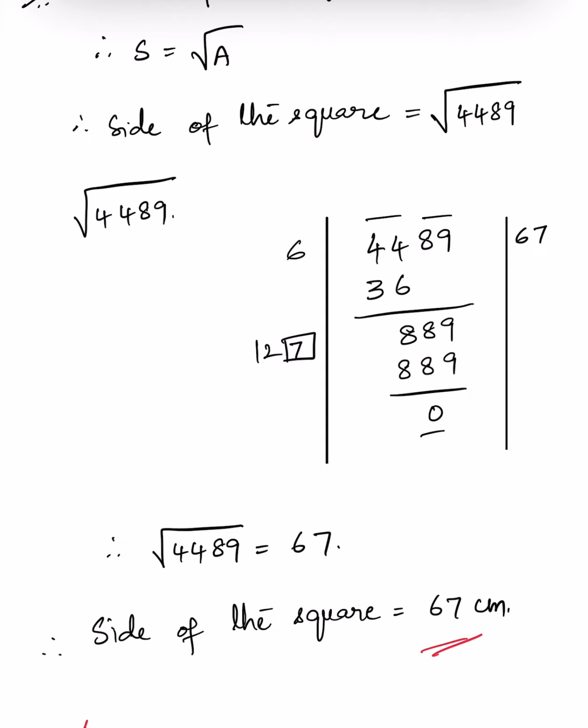On 8 9 we keep one bar. On 4 4 we keep another bar. 6 6s are 36. So remainder is 8. We bring this 8 9 down. 6 plus 6 is 12. So 127 into 7 is 889. So remainder is 0. Therefore square root of 4489 is 67. So the side of the square is